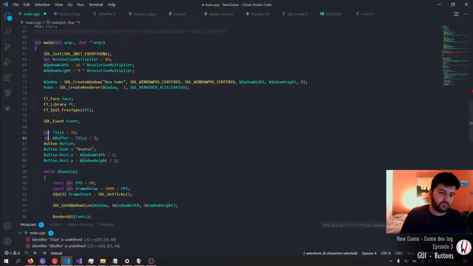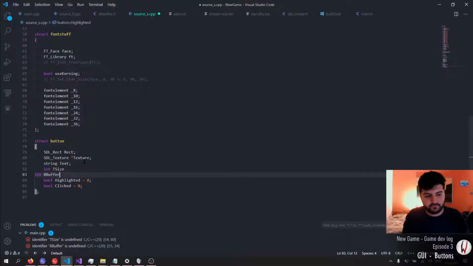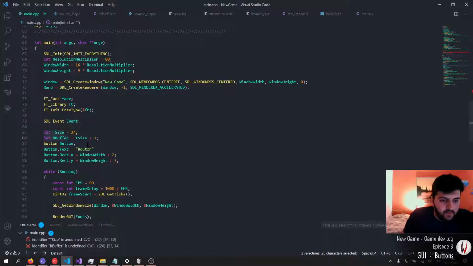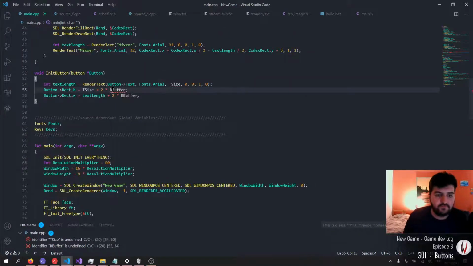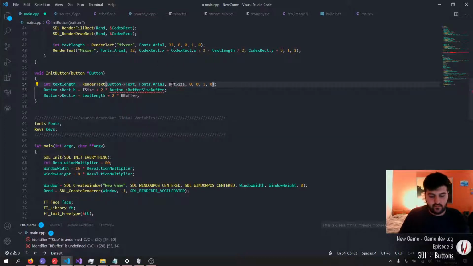So size, text size, buffer size, okay. So button dot buffer size, button dot text size,